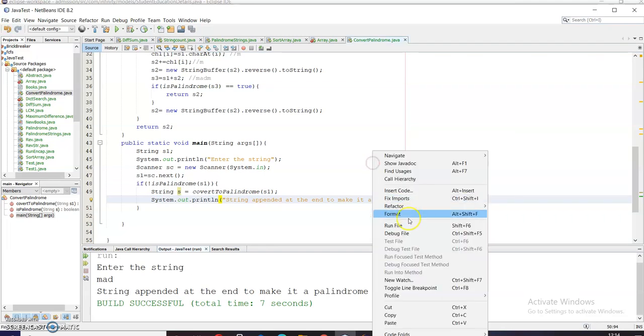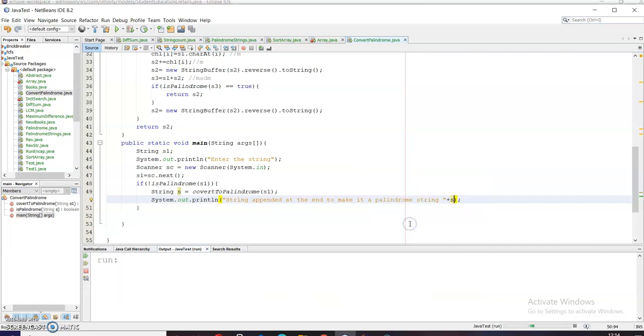Now if I enter MADM, that is madam, I will not be getting any output because I haven't written the else condition, as it was asked by the question itself. So let me write madam. You can see that I haven't got any output because I haven't written the else condition.